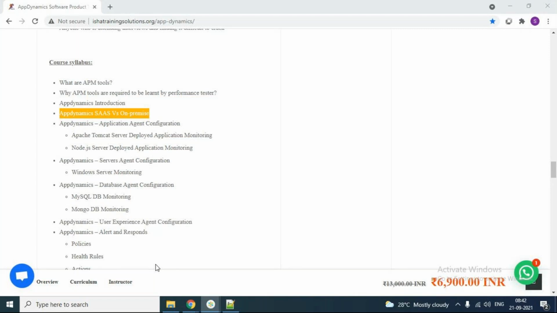In that, we are going to do Java application monitoring and then Node.js application monitoring. There are two application monitorings we will be doing. I'm going to explain how to do that. Don't worry. We are going to deploy that application and then do all these kinds of activities. Everybody clear with this client side performance metric?